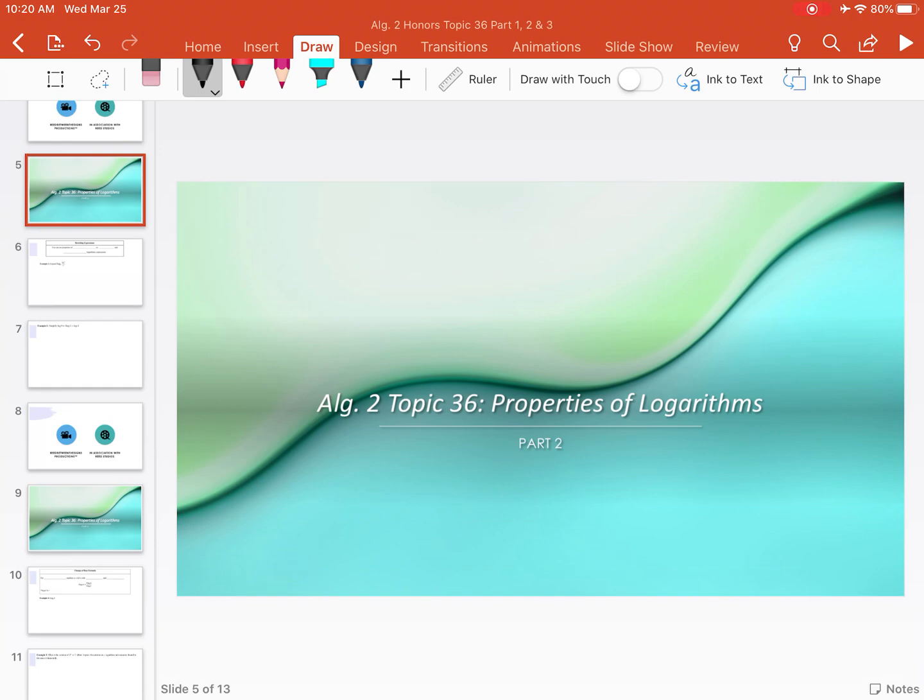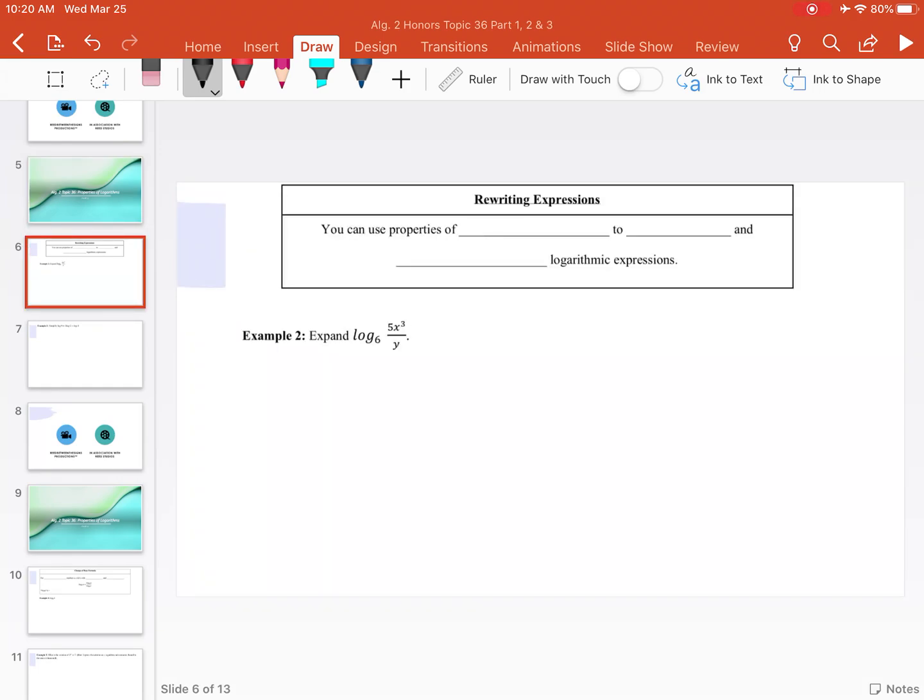This is part 2. In part 2, we're going to deal with rewriting expressions and applying those properties of logarithms that we visited in part 1. We can use properties of logarithms to both expand and condense logarithmic expressions. If we look at our first problem here, we want to expand log base 6 of 5x